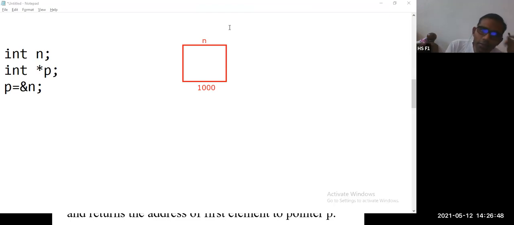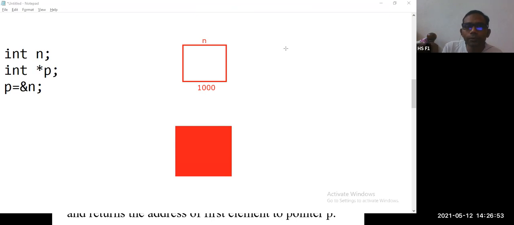In similar fashion, we are having another memory location called p. The name of this memory location is star p, and it is having some associated address, say 5000.